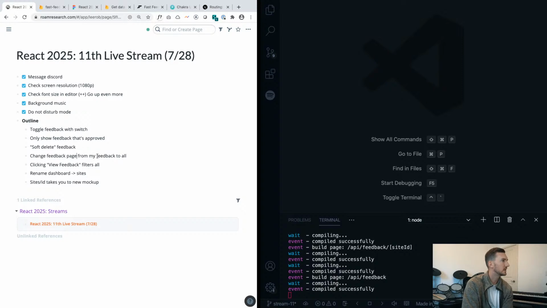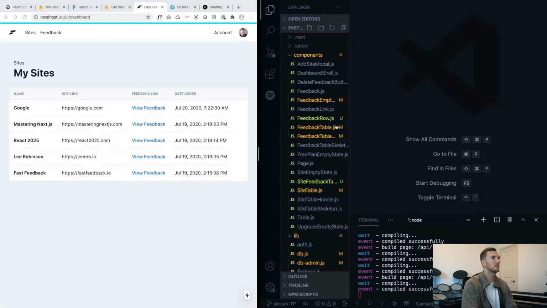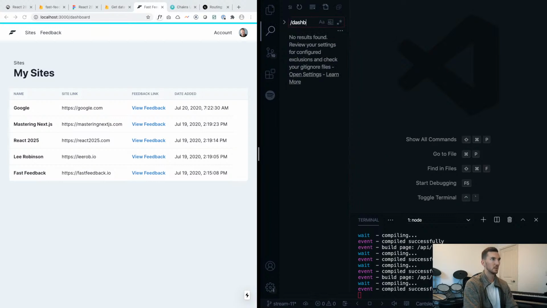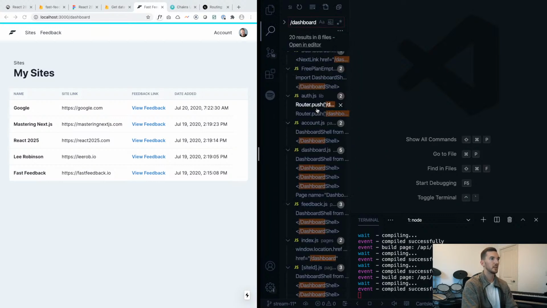Feedback page goes to all, clicking view feedback filters. We decided to do separate pages. Rename dashboard to sites, and sites at ID takes you to new mockup. I probably won't get to all of that, but what we can do is, I think,